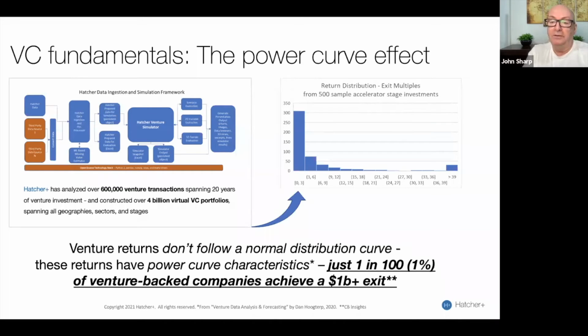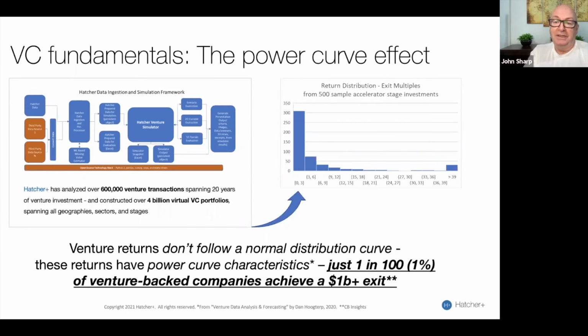1 in 100 of the companies that you invest in as investors are going to go on to become a unicorn. Now, what's fascinating about that is if you have 2 companies in a 1,000 company portfolio that go on and do that, you can quite literally have 998 failures if these 2 companies go on to be 300, 500x multiples, 1,000x multiple. You can return your fund without any participation from the other 998 companies.